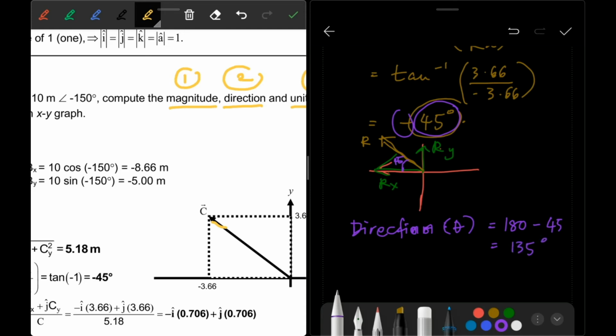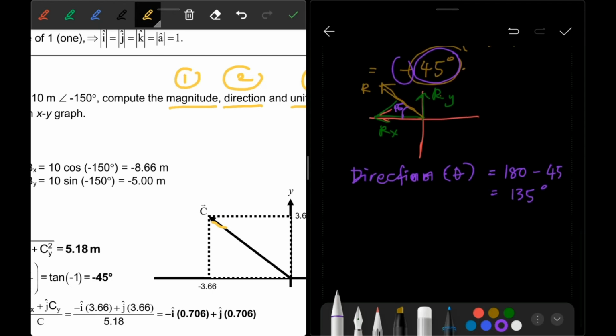This is the direction. Or you can state it like this: the direction is equal to 45 degrees,